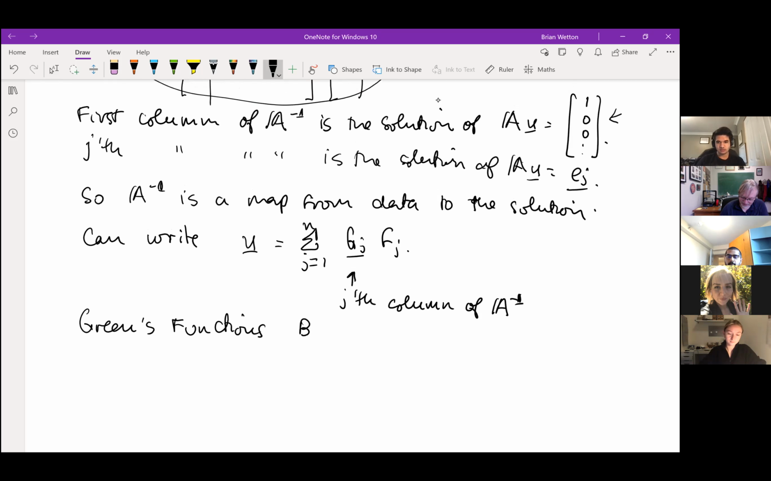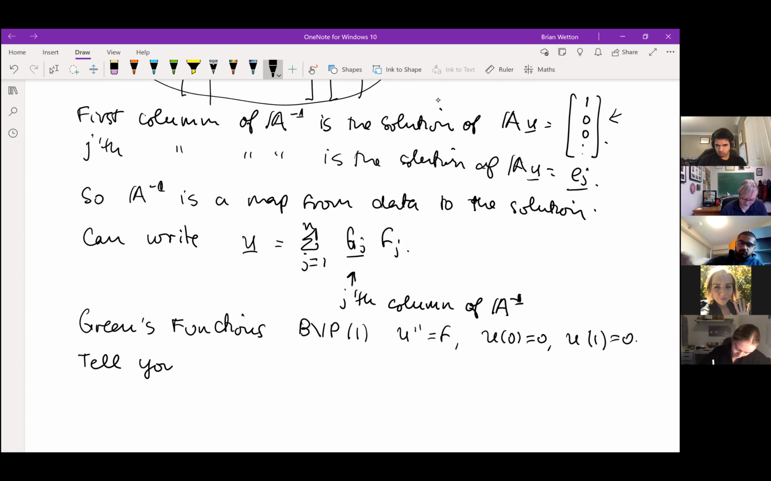Okay, I'm going to go back to the boundary value problem that I started with. It's the easiest one. Well, okay, there's a different easiest one if you don't like boundary conditions. Okay, and I'm just going to tell you, and we'll verify later,